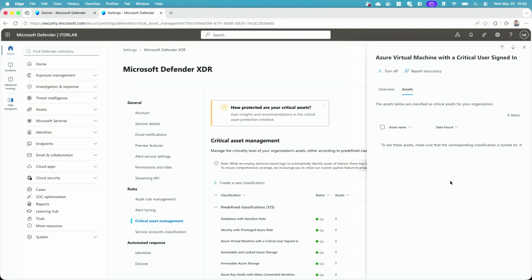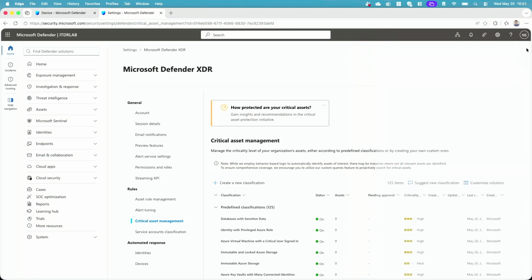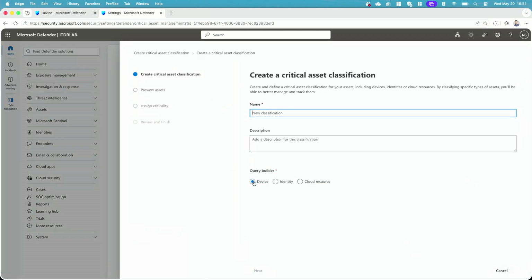Yeah. And can we create our own rules? Can we define our own criticalities, for example? Yeah, that's something additional we can do. If you have users using an on-prem system where Microsoft doesn't know about the criticality or the existence at all, because it's integrated with Active Directory, for example, we can say we want to create a new classification. And we can, of course, give it a name. So we could call it